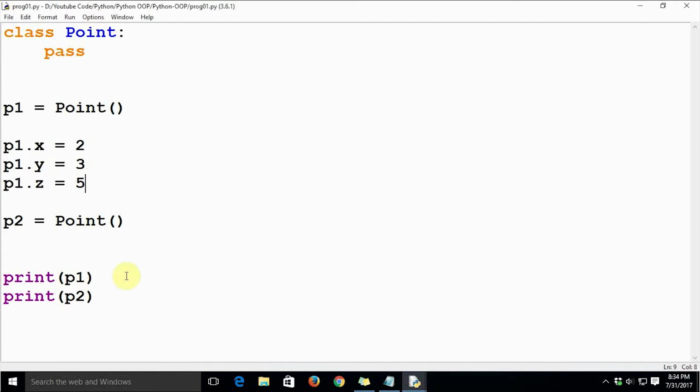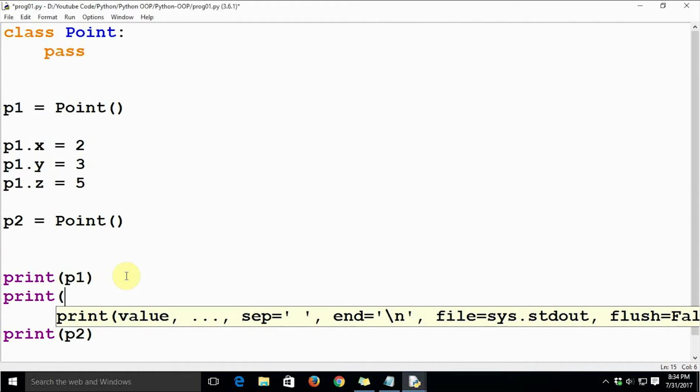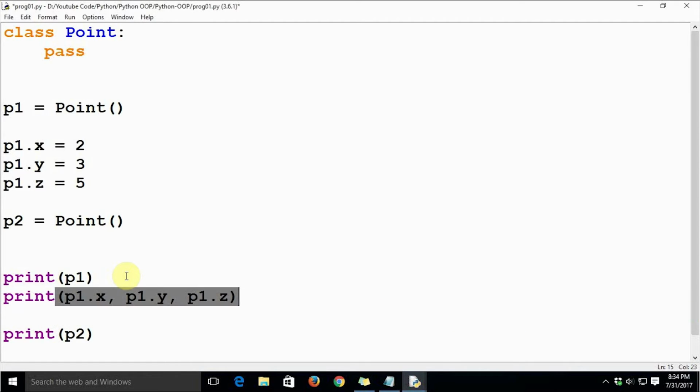We can print the values of these attributes. Print p1.x, p1.y, p1.z. This is how we can print the values of the x, y and z coordinates for point p1.